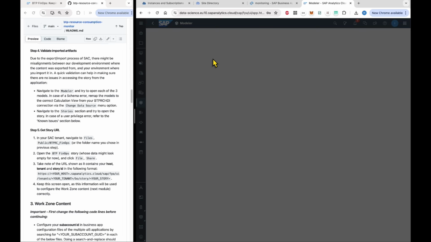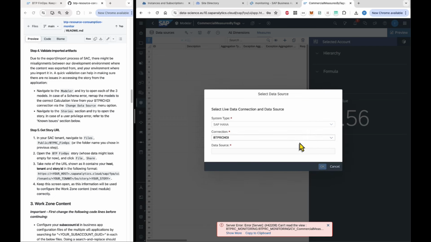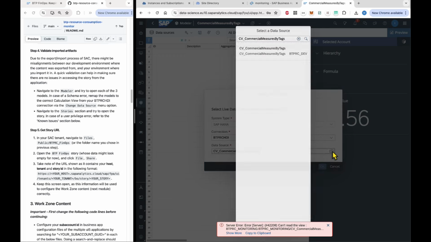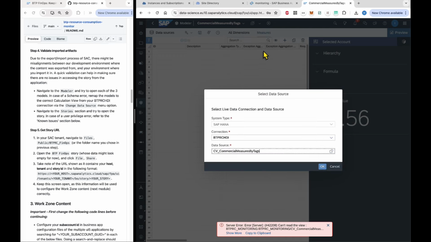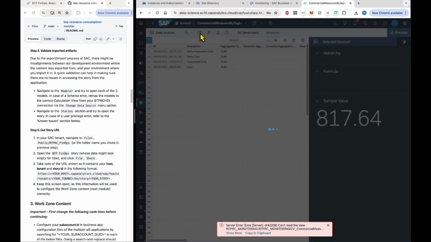If it opens, it is great. If it doesn't, it will allow you to change the source. So here we're going to change the data source to point to our BTPRC HDI. That doesn't change. But then in data source, we choose the one that is proposed. The reason for this is that the schema name in the AGI is slightly different. That's fine. We can save this